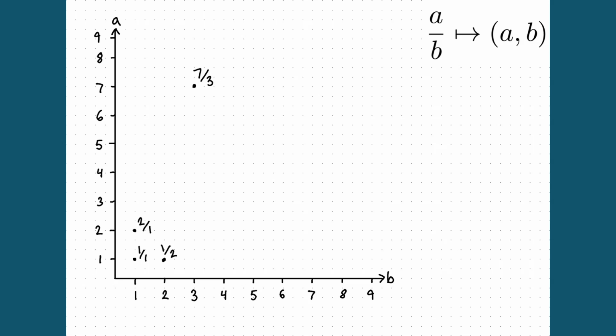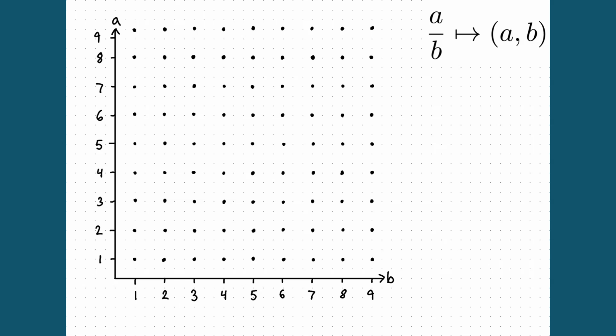Notice that it corresponds to the coordinates 7, 3. Now that we've established the idea of mapping fractions onto coordinates, let's see how we can count them. We start at 1, 1, labeling it with the natural number 1. Next, we move on to 2 over 1 and label it with the natural number 2. Now we'll continue to zigzag in this fashion through the grid of coordinates. In this illustration, the grid is only 9 by 9, but we can extend this strategy conceptually to count all